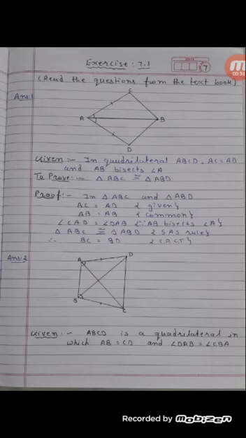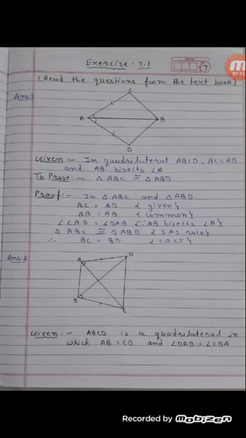In this chapter, when you write the solution, at that time given, to prove and proof, compulsorily you have to write. Otherwise, you will not get the full marks. Here the marks are distributed to given, to prove and proof. Now here given, in quadrilateral ABCD, AC is equal to AD and AB bisects angle A. This is the given. Now in the questions, after 'show that' or 'prove that', all these things have to be proved. Here to prove: triangle ABC congruent to triangle ABD.